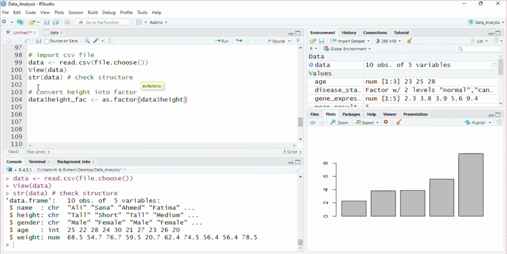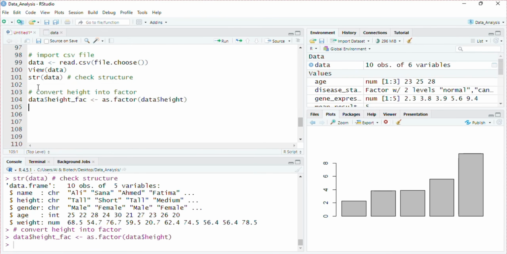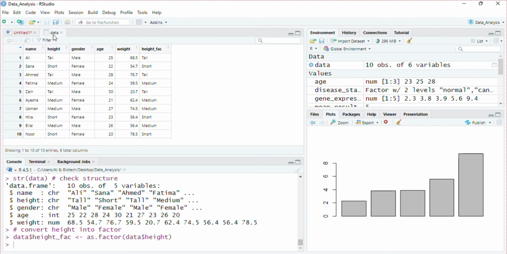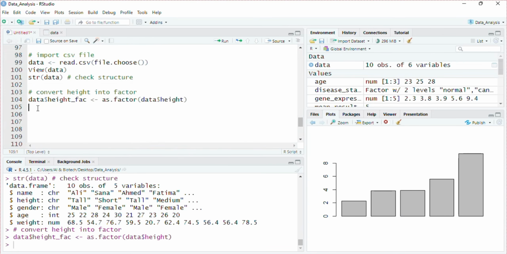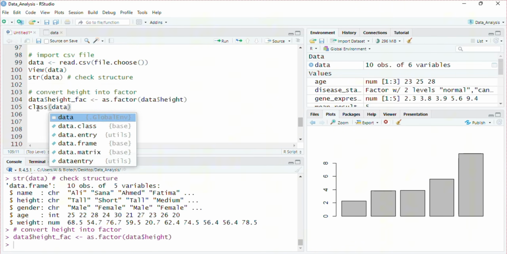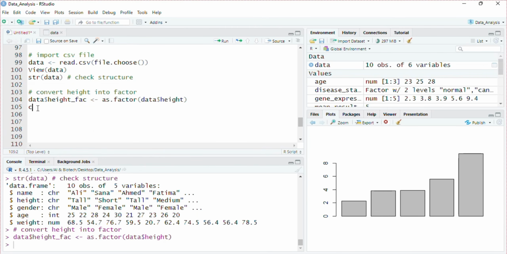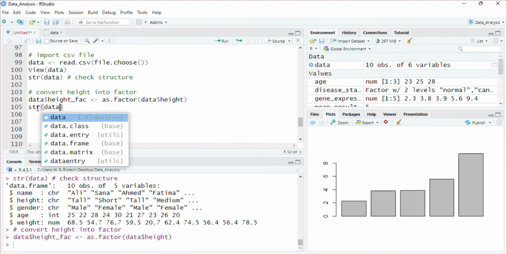So a new column has been created with the same data, but if we check the class, or the structure of the data, the height factor column is converted into a factor with 3 levels. Check the levels of this column: medium, short, and tall. So it releveled according to alphabetical order.